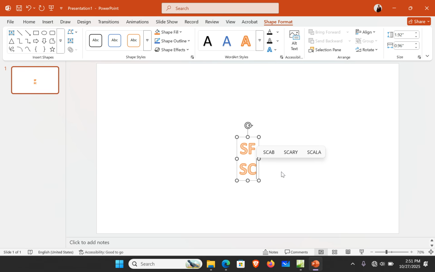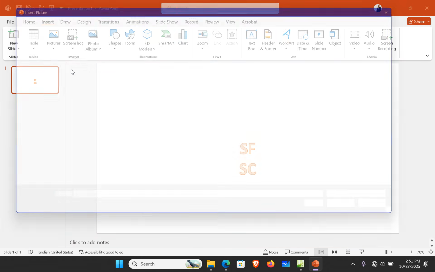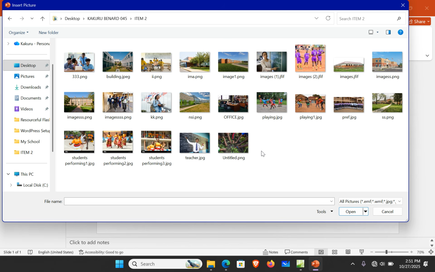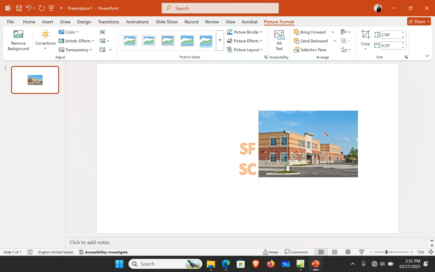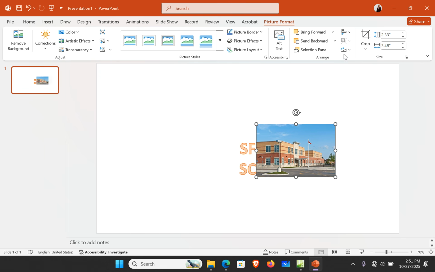See, Summit Forge Secondary School. Having done that, I can insert any image from the support files or from what I have pasted. I pick any of these images, for example, this one. I put it around here. I can minimize it, and then I also crop it, trying to make a logo so that we can use it,